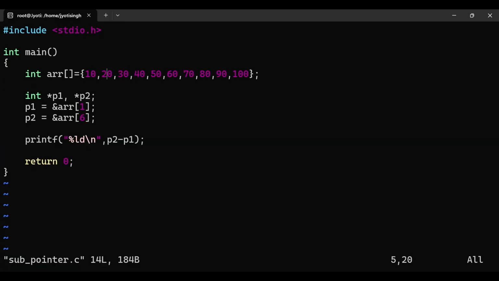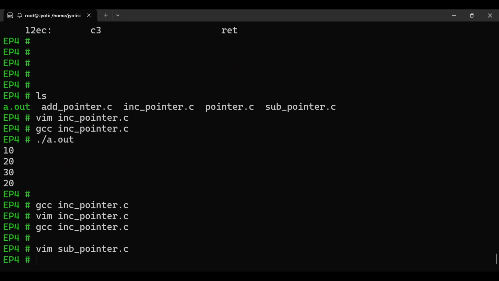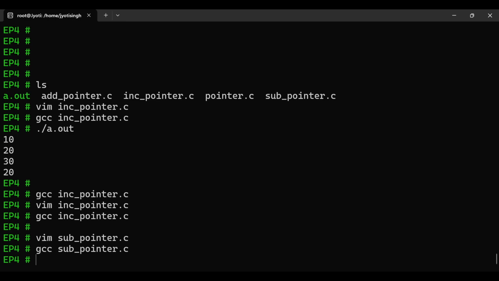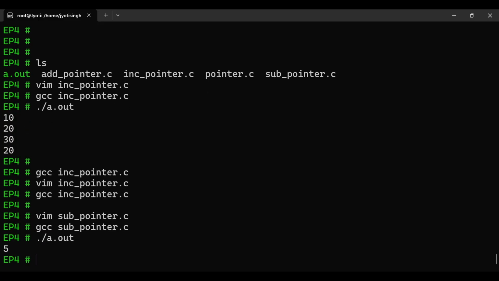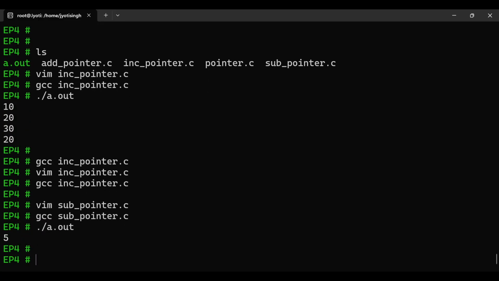What will be the object difference? Let me show you in the output. Just remember, pointer subtraction returns object distance.